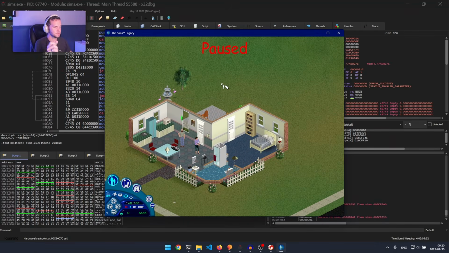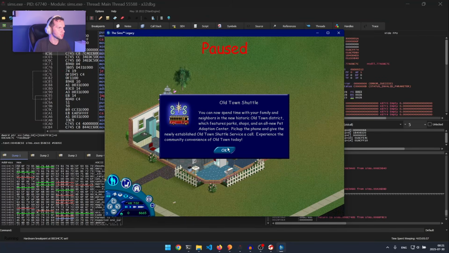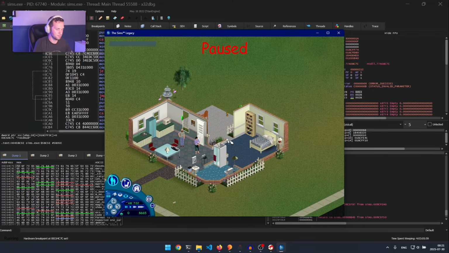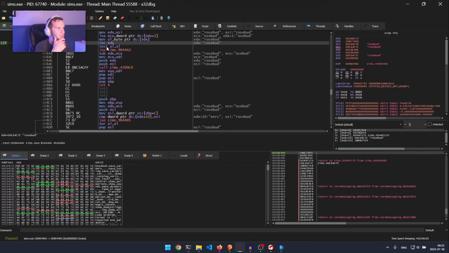And oh my gosh, what is it? Control Shift C. Yeah. Rosebud. All right, and we hit our breakpoint right away, so that's good. So we put the